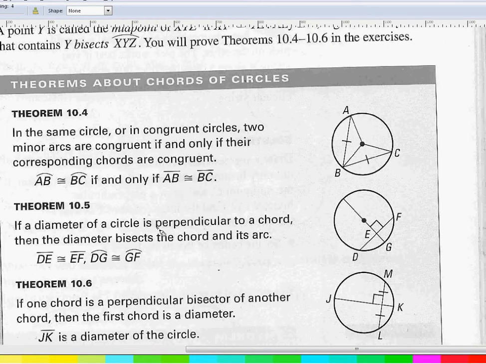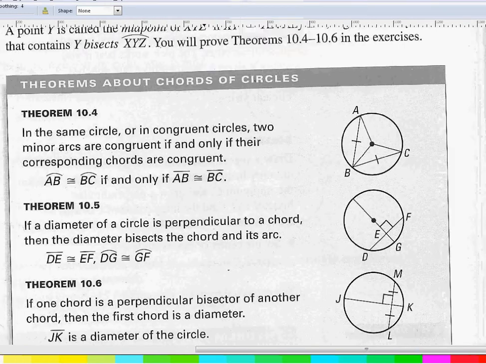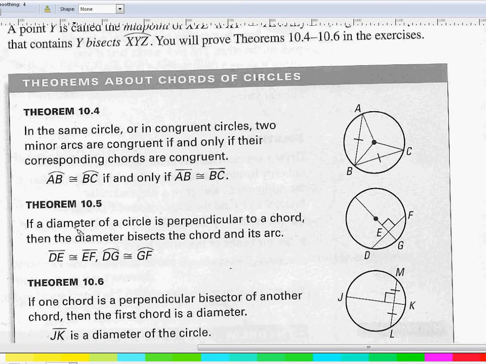The next theorem to prove is now Theorem 10.5. This theorem states that if a diameter of a circle is perpendicular to a chord, then the diameter bisects the chord and its arc. So we know in this theorem that we are given a diameter, and we are given that the diameter is perpendicular to a chord, and then we must prove that if that is all true, then